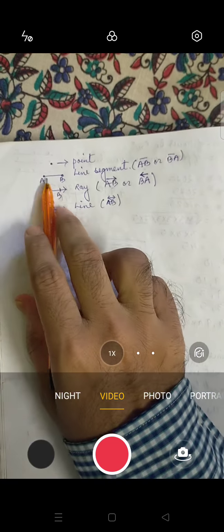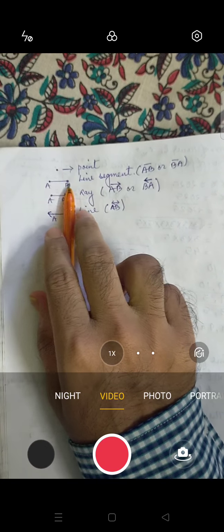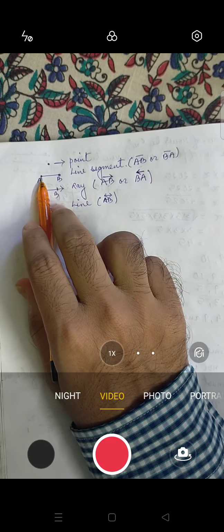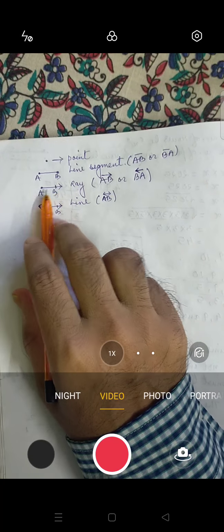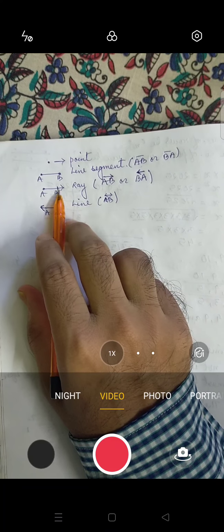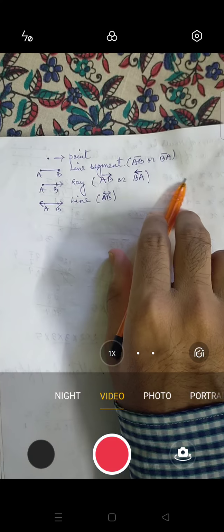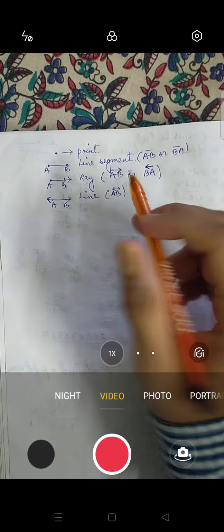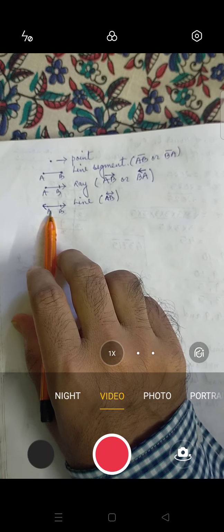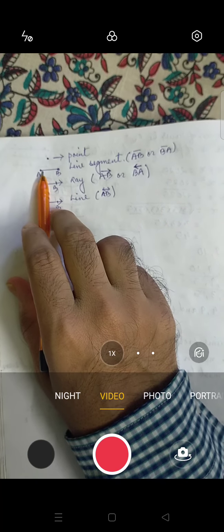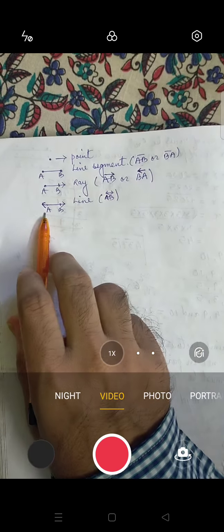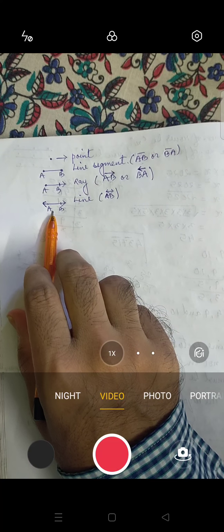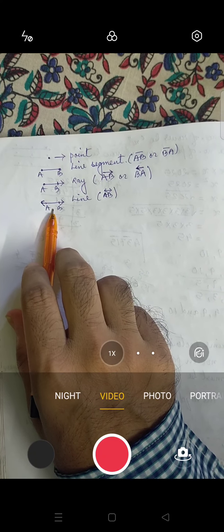Okay, now you have to know the differences between these. A line segment has definite points, that means it has a definite length, that means this length can be measured. This is a ray. This ray cannot be measured because there is an arrow. This is a continuation, that means it will never end. It will go till infinity. This one also doesn't have any end point. You can say that the line segment has two end points, the ray has one end point and the other side is still infinity, and this one, the line, doesn't have any end point. That means a line doesn't have any end point.